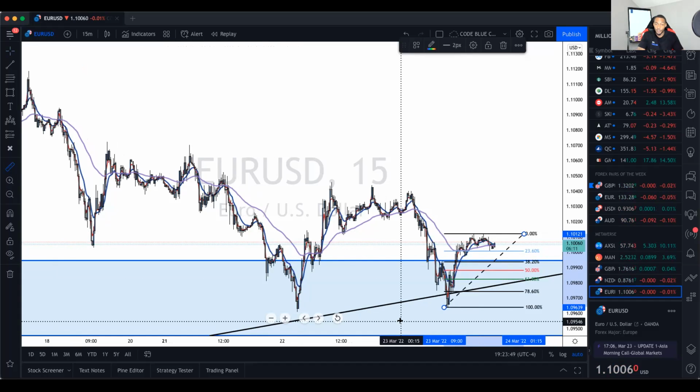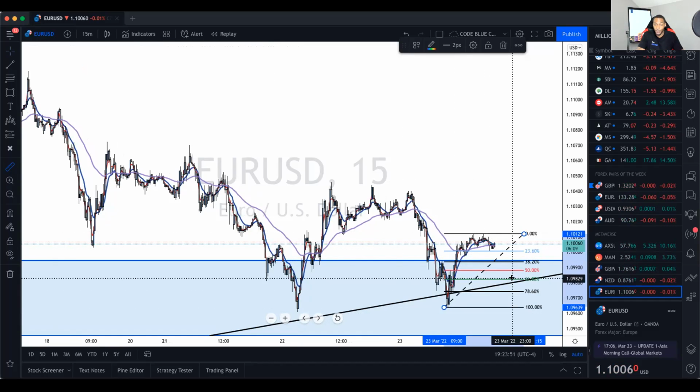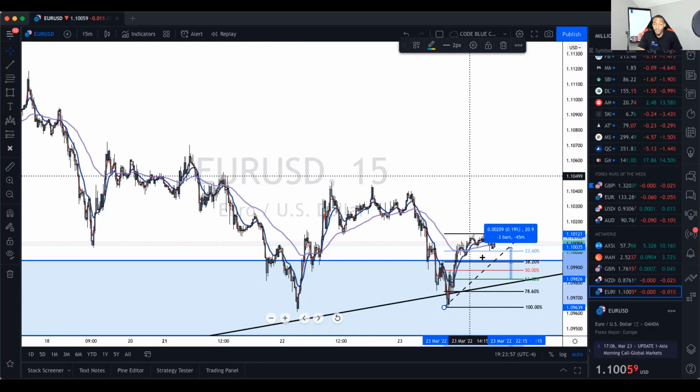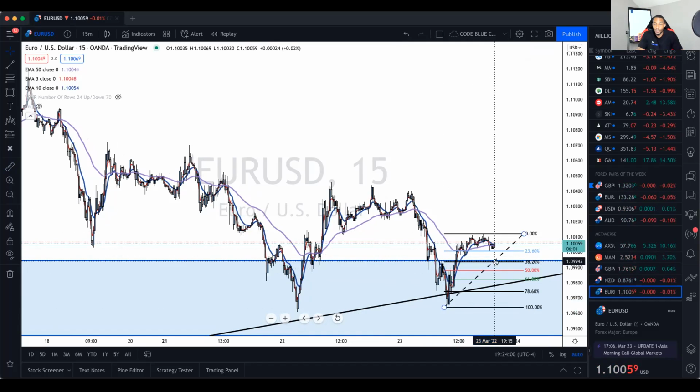But you're looking at a 15-minute time frame. How big of a difference is that? I mean, you're looking at a 20 pip difference. I would definitely like to see it come down a little bit more, like 38%. And then we take it. But again, guys, you don't stop there. You don't say,